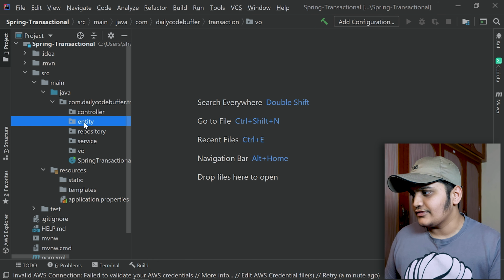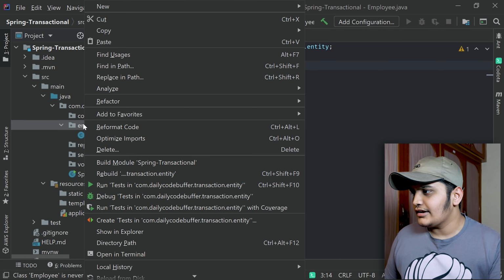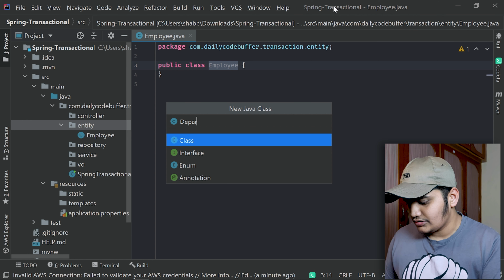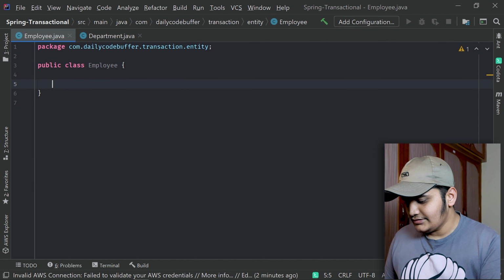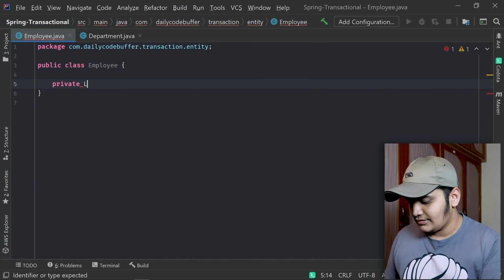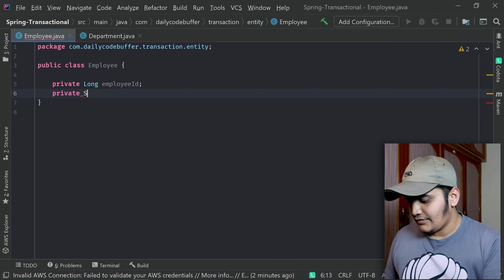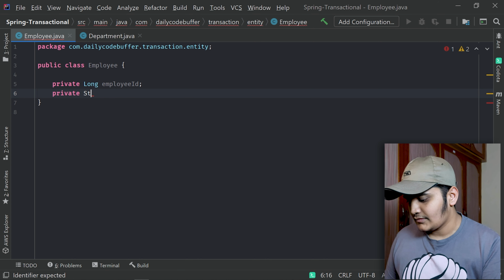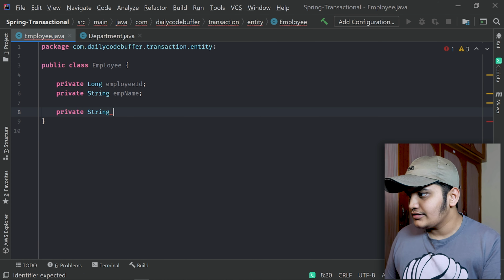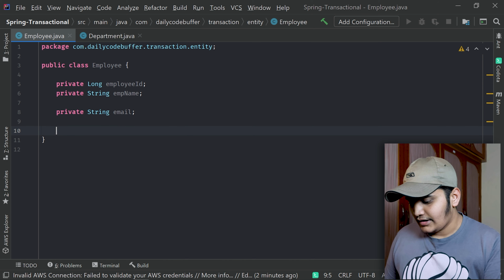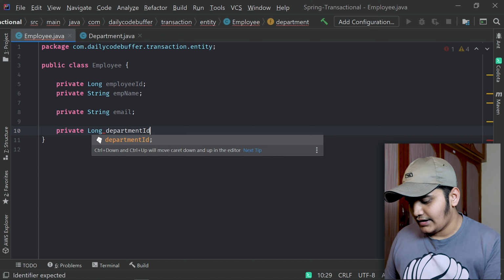Now let's create the files. Let's create the entities first. I'll create the entity class Employee and I'll create Department also. Let's add the fields to Employee: private long employeeId, private String employeeName, private String email, and I will add private long departmentId.